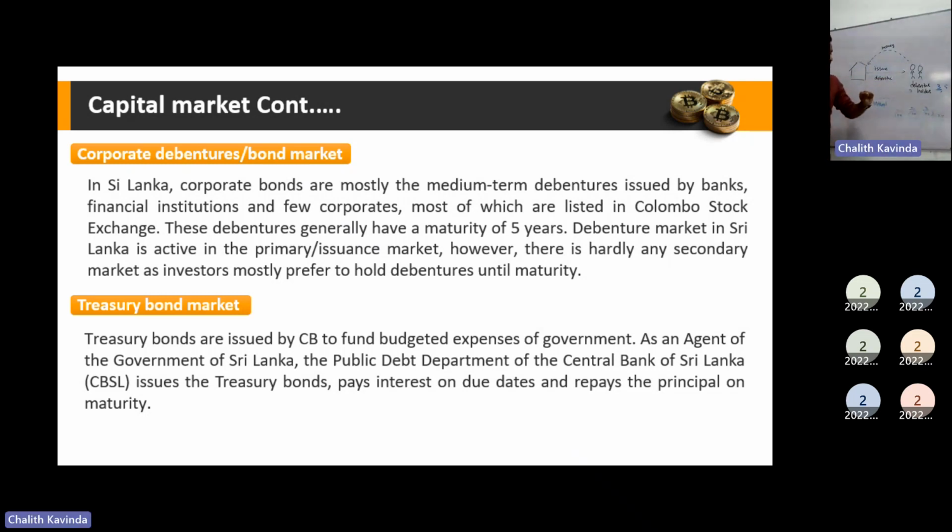But one of the interesting points here is that even though we have an active secondary market for shares, we do not have that much of an active secondary market for debentures. What could be the reason? For example, let's say you purchase shares through an IPO, initial public offering, right? So let's assume that you are entitled to get what? By purchasing shares, you are entitled to get dividends, right? Dividends and capital gains. But the company does not guarantee that you are getting the dividends.